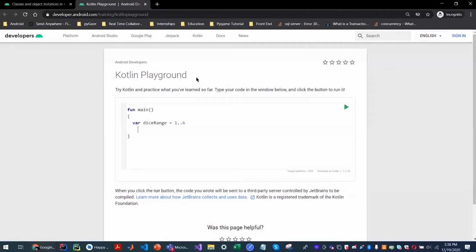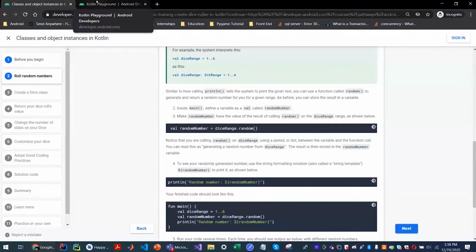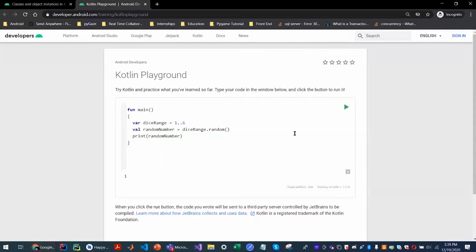Next, what we have to do is get a random number from this because that's what we require for the app. Yeah, so now you can see whenever I keep running it, it gives me different values. That's how you use the random function along with the int range variable.